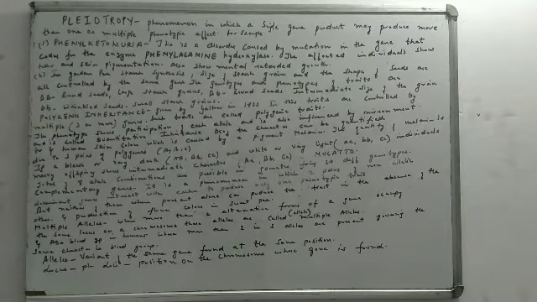Remember, keep in mind, if there is a short note on pleiotropy, first give the definition that this is a phenomenon in which a single gene product will produce more than one, or you can say multiple, phenotypic effects. And then give the example of phenylketonuria and the garden pea. In phenylketonuria, remember that there is a mutation in the gene which codes for which enzyme? Phenylalanine hydroxylase, which in turn leads to hair pigmentation, skin pigmentation and mental retardation. Similarly, we did the second example, that is the garden pea. Three qualities you need to remember: starch synthesis, size of starch grain and the shape of the seeds are all controlled by the same gene. So this is all about pleiotropy.